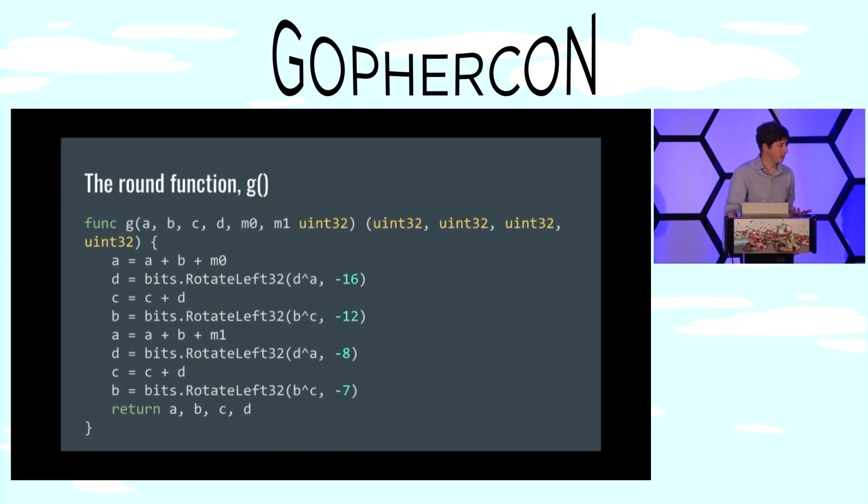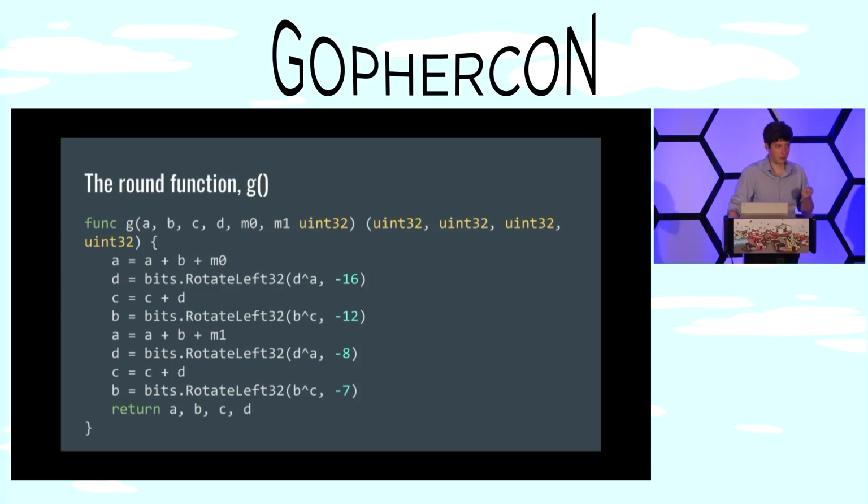And if you remember in the algorithm, g is the part that scrambles the bits around. And implemented a little naively, it looks like this. It takes a whole bunch of integer parameters, it adds them together, it shifts them around, and then it returns those manipulated values. And you can see here also the bits calls that were showing up in our profile as well. Now, because it takes integer input and gives integer output and doesn't have any side effects and is a very small function,